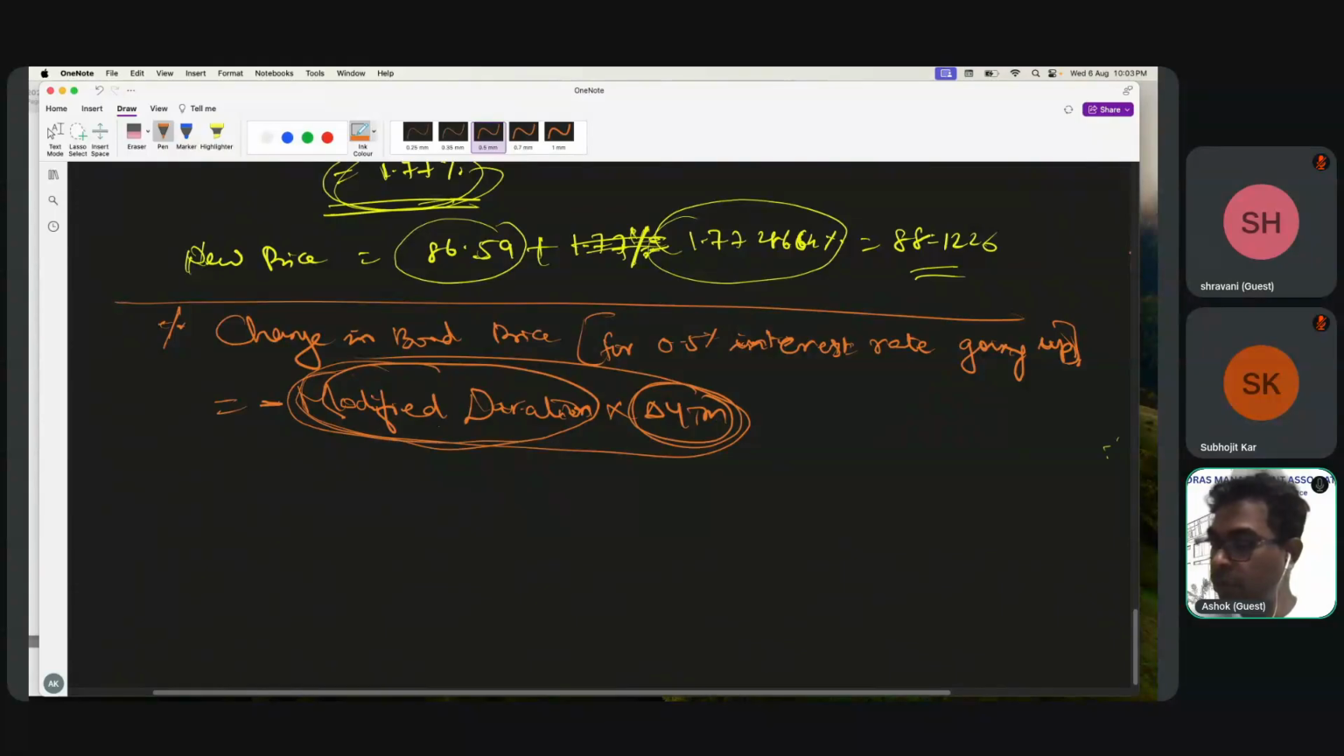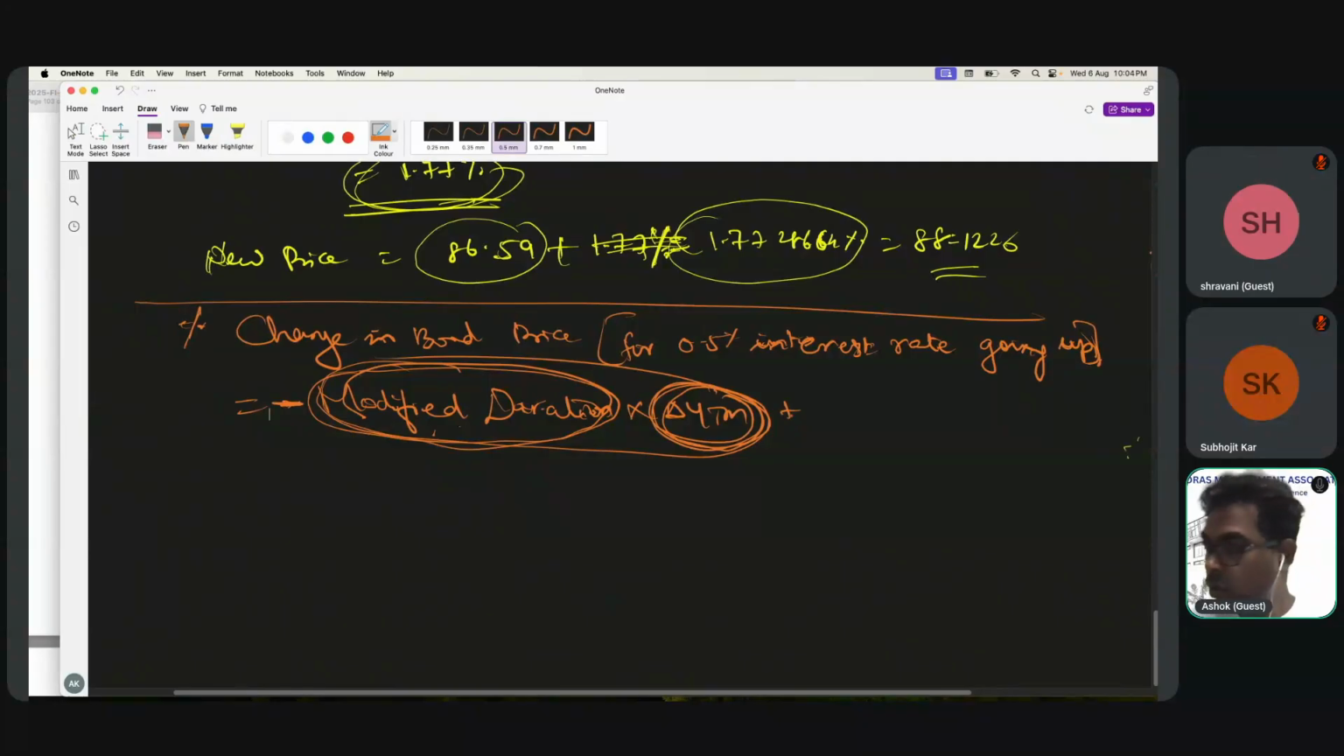Okay, modified duration is what? Change for 1% interest rate into whatever change in interest rate that happened. Because the interest rate is going up, that change is going towards negative side, so I'm writing minus. You understood the logic behind this? Yes, sir. Okay, now this change, see, convexity, what happens, convexity always